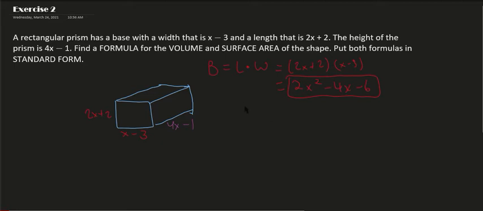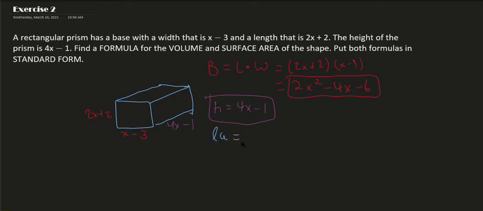After this, we'll look at our height, but the height of the prism is already stated as 4x minus 1, so this actually helps us a lot. H equals 4x minus 1. Let's just keep that box, these are important later on. Now what about the LA? The LA,